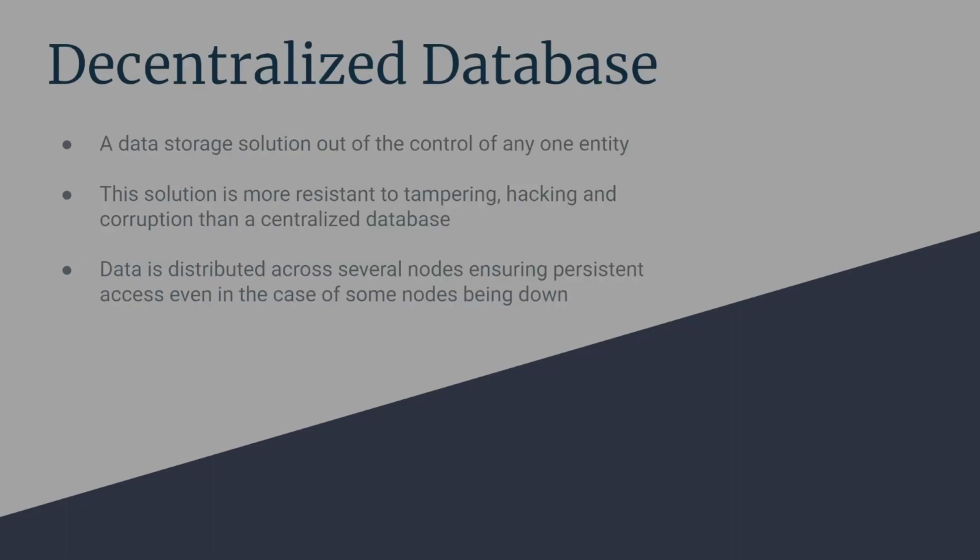A decentralized database is where data is distributed across nodes, which are computers that are participating in the blockchain, and each node maintains a copy of the ledger or a portion of it. This means that there's no single entity in control of the data who can manipulate it. Also, changes or updates are propagated to all other nodes in the network via consensus mechanisms. Because the data is distributed, it ensures the data is accessible to all other